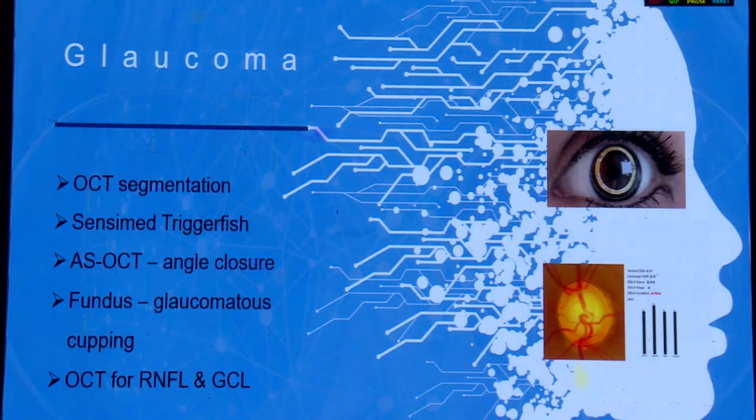They did not know what to measure, so they put the data collected from the corneal curvature change into the machine learning network, and it figured out that at this particular parameter, this is the IOP. So the next time similar parameters come, it will tell, okay, this is the IOP according to previous data. And anterior segment OCT, fundus, of course you can find the cupping, OCT for RNFL GCL, but